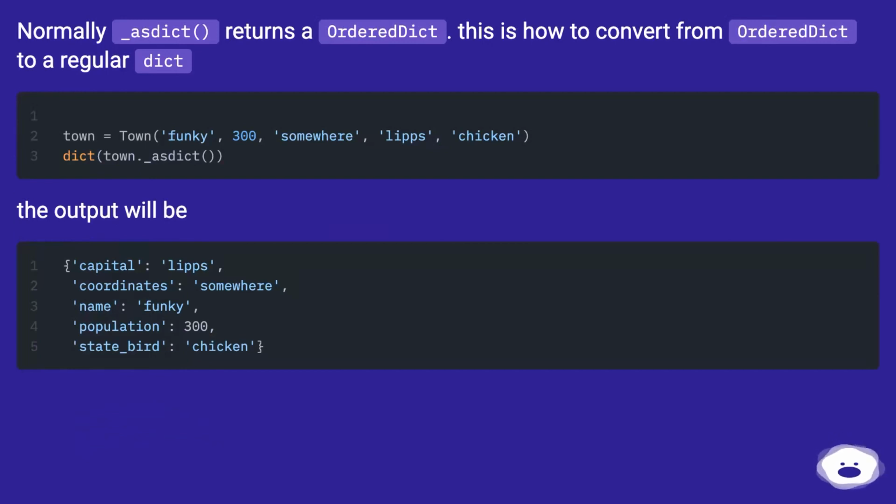Normally _asdict returns an OrderedDict. This is how to convert from OrderedDict to a regular dict. The output will be